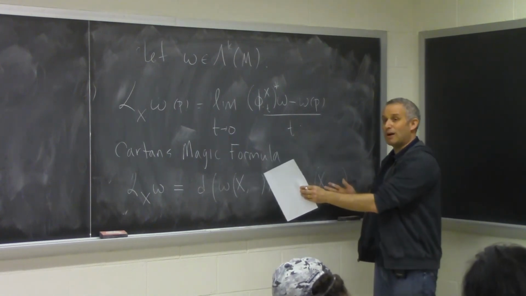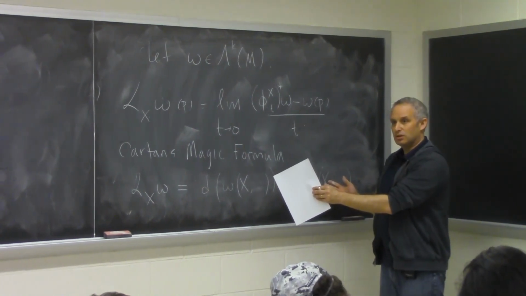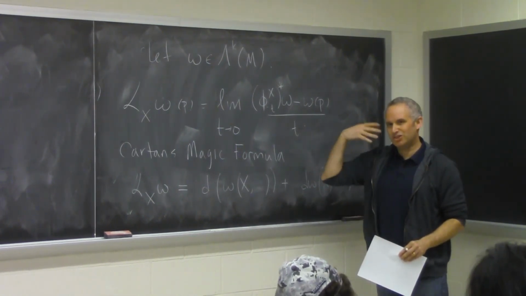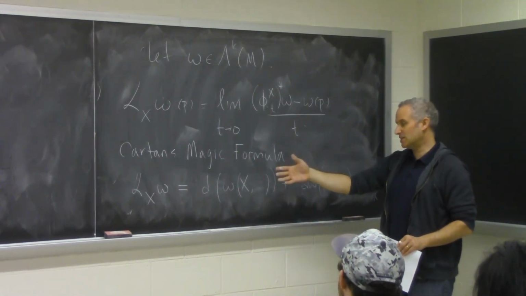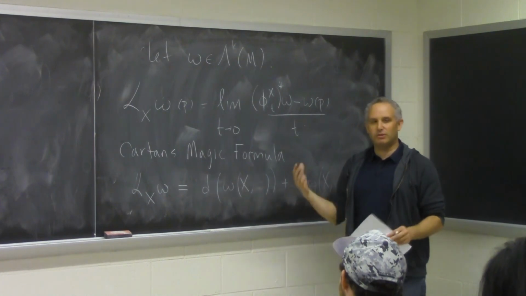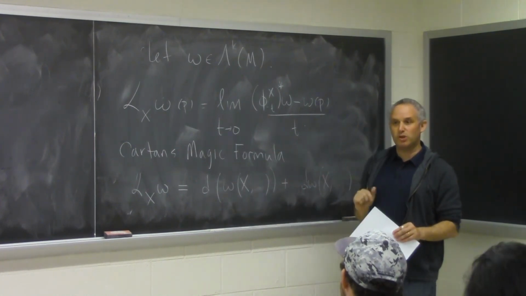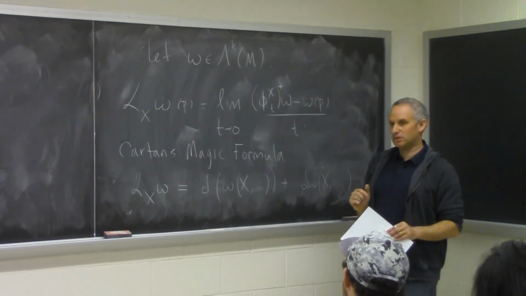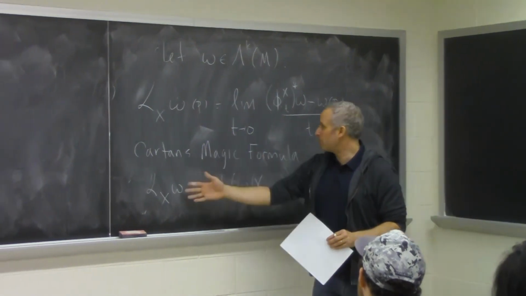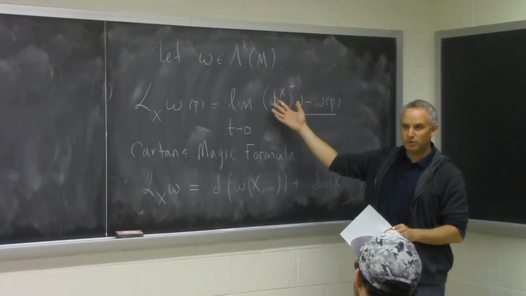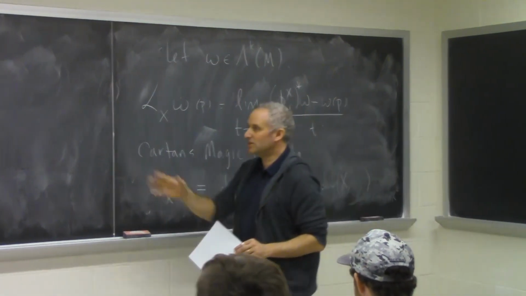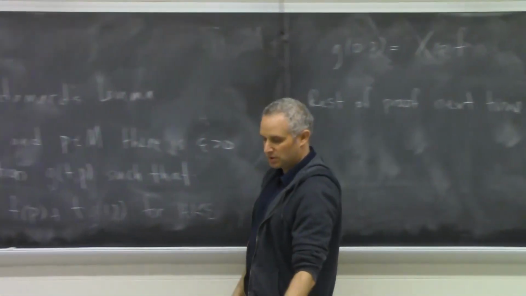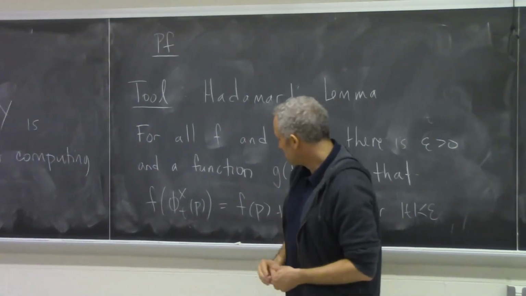So these are very simple operations in local coordinates, right? You just insert a vector into the first argument. That's easy. And then you take the exterior derivative. That's just a collection of first order partial derivatives and wedge products. So this is very simple, but this is not, right? You need the flow here. All right, so next time we'll prove this identity and go on from there.